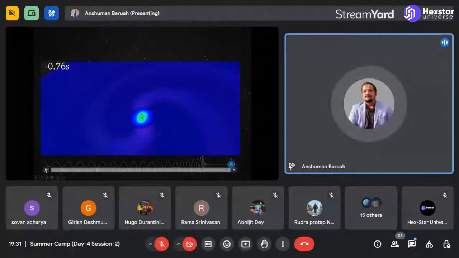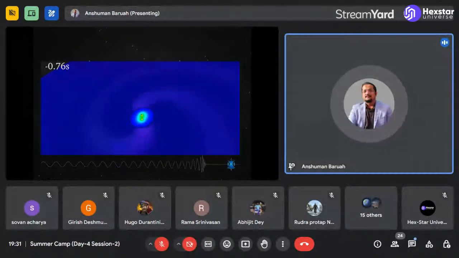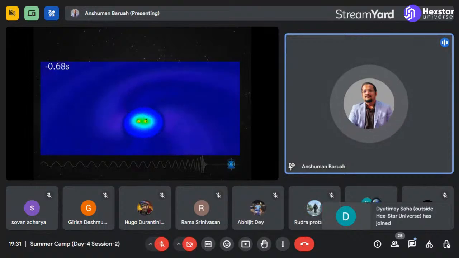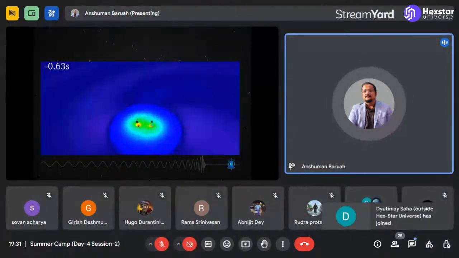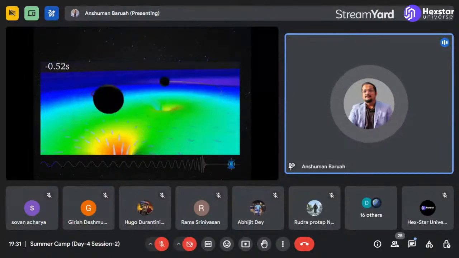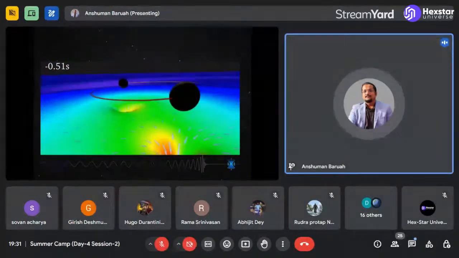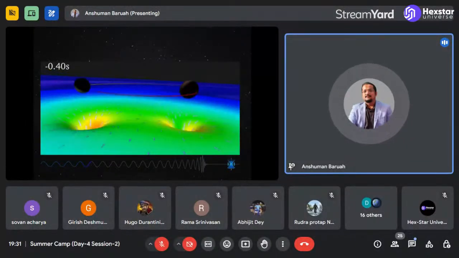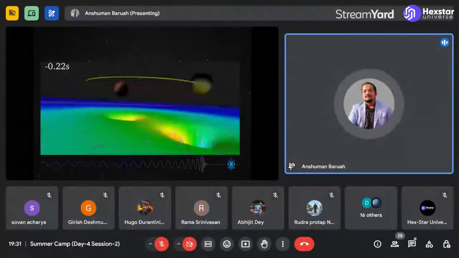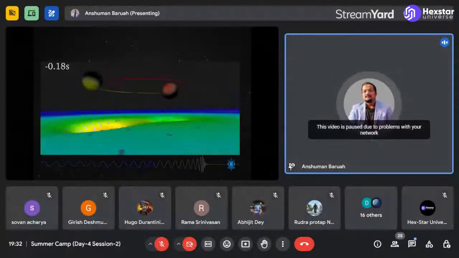So this is a simulation that I have adopted from the Simulating eXtreme Spacetimes collaboration that actually shows you how two black holes orbit each other during a process called coalescence. Their orbits get shorter and shorter, they approach each other and they finally merge. And the blue signal changing or evolving that you see below the main animation gives you the profile of this signal that we can measure here on Earth as this entire process evolves. And in the color gradients that you see in the map, the blue color tells you less space-time curvature, the green color tells you about a higher curvature, and as the color changes to red, the curvature increases more.